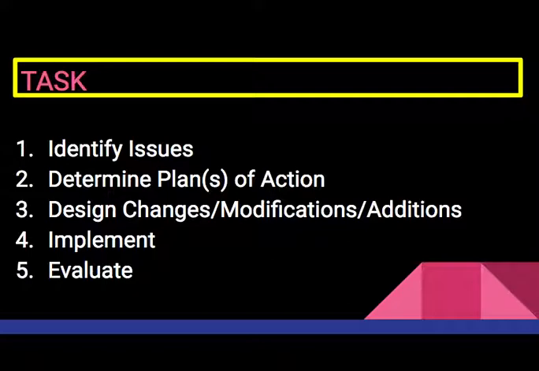First, we've really got to look at our issues. We've got to identify our key issues. What's the big stuff that's causing us concern? Next, we really need to determine our plan of action, and there may be more than one. So we're going to conduct a few analyses, such as a needs and a gap analysis, as well as a task analysis. And these are going to start giving us a really broad idea so that we can start targeting and honing in on these specific changes that are going to need to be made.